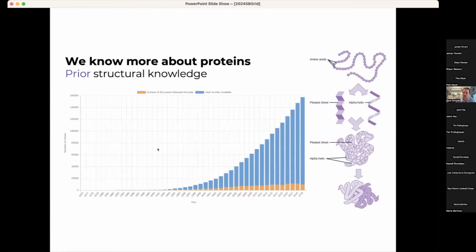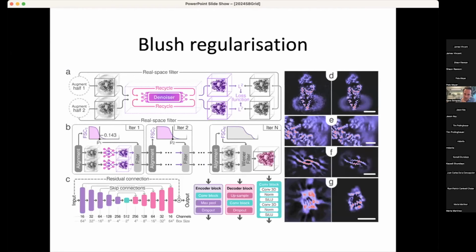But of course, how to express this information in a mathematical function that you can then optimize is far from easy. And that's where Dari's development of Blush comes in.